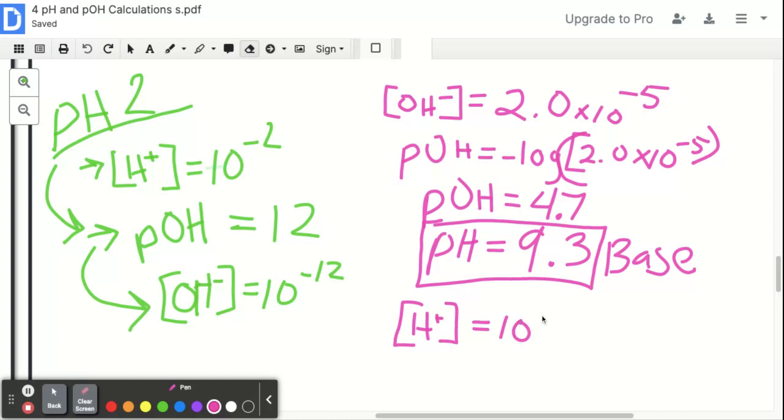So I could have 10 to the power of negative 9.3. And that would give me 5.0 times 10 to the negative 10th as my hydrogen concentration. So this is all you're doing for the assignment from 2 classes ago, like the pOH and pH calculations, and also for the follow-up questions for the